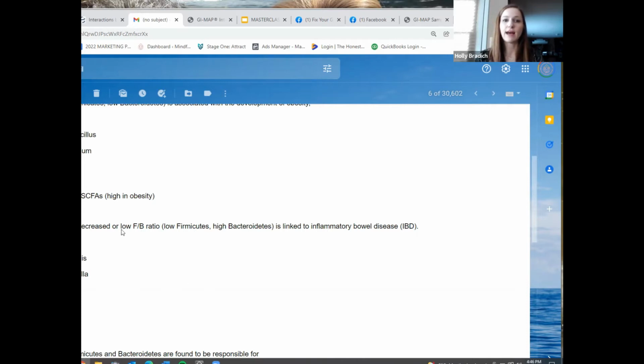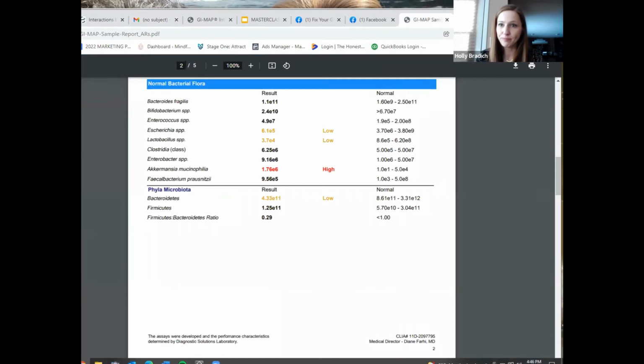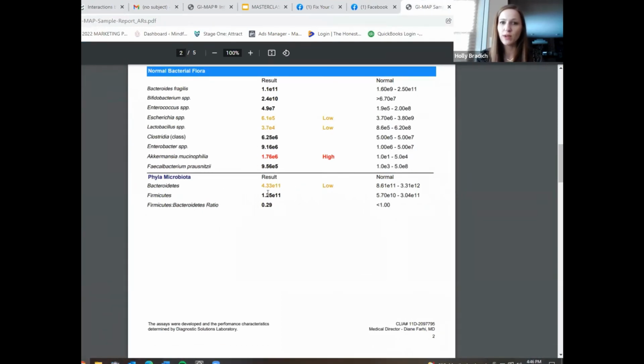And then if they have low or high bacteroides, we don't want that either. We want a balance, right? So high bacteroides is linked to things like inflammatory bowel disease. So that's things like Crohn's and colitis, which are very serious. And that may show up as high B. fragilis, Prevotella, Streptococcus, and H. pylori. So far we've seen this person has H. pylori. So they kind of have a little bit from each of these groups, but based on this ratio, they have,